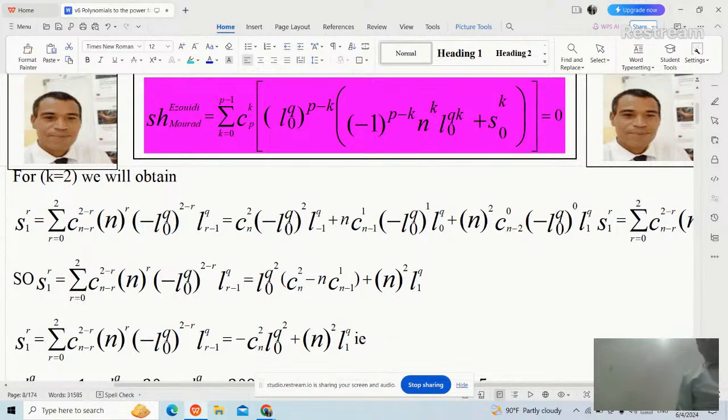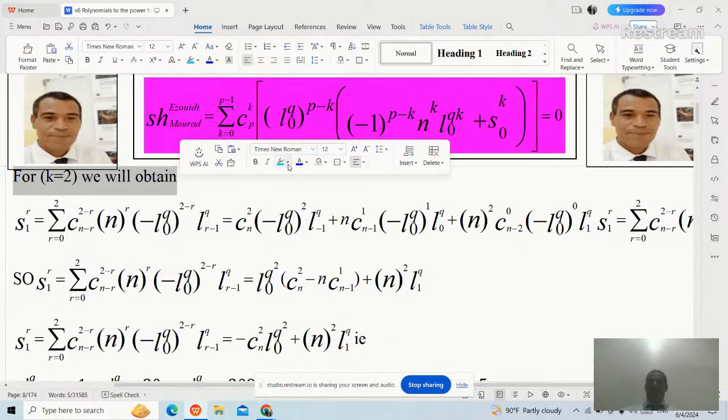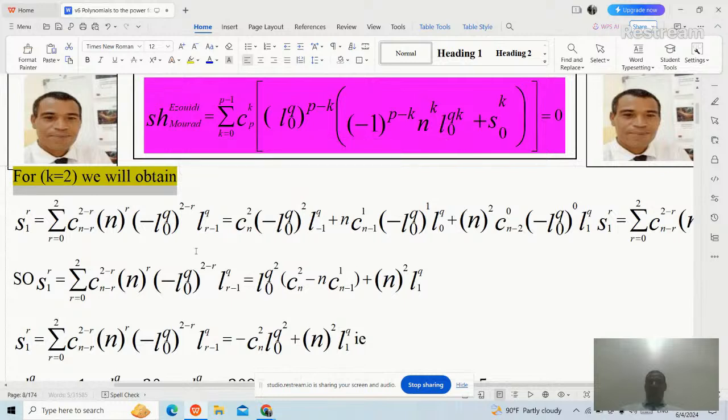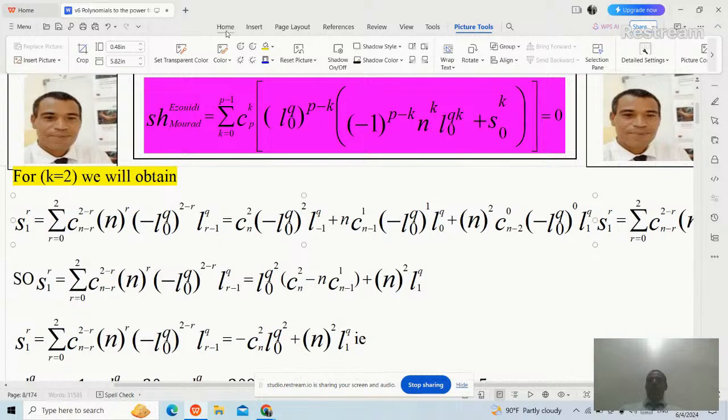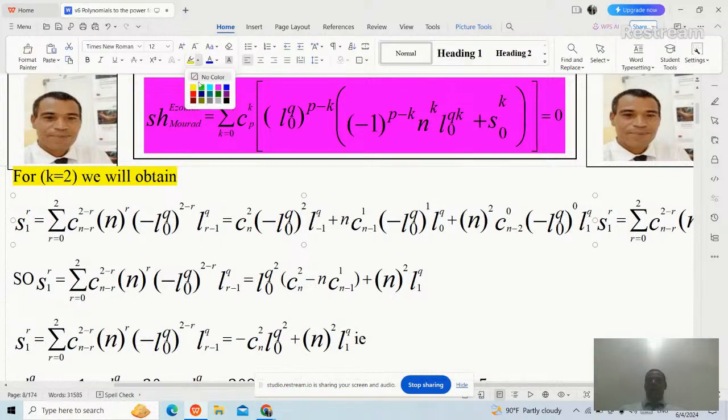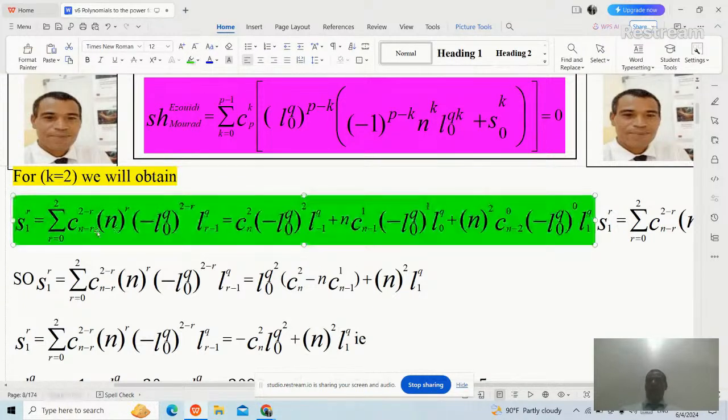Okay. We continue. Therefore, now we found the value of S0. We should find the value of S1. Okay. To find the value of S1, learners, you should put K equals 0 in the discriminant formula of MOURAD, Sultan, Ezouidi, so that we find out the value of it. Okay. Therefore, we'll use the discriminant formula of MOURAD, Sultan, Ezouidi. We will obtain that S1 of the R equal the sum from 0 to 2 combination